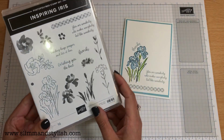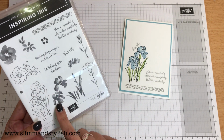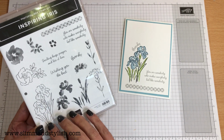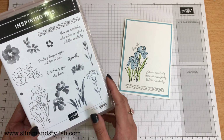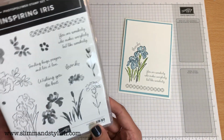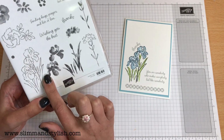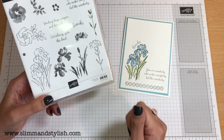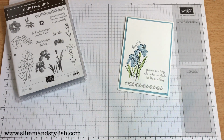You need the Inspiring Iris Photopolymer stamp set. This is from Stampin' Up. It was in their catalogue last year and it's carrying over into the annual catalogue this year. So you can still purchase it from my store and it's amazing. Honestly, you have the outlines and the fills, so it takes 2 seconds to create this sort of image. Love it. And it's kind of watercolour textured as well, which to me is just